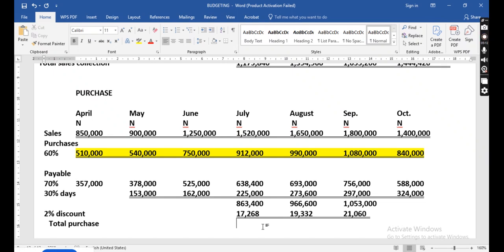Okay, now let's go back to our knowledge of accounting, right? You know, we have discount allowed and discount received, right? Discount allowed is granted to a customer. Is that not so? Then discount received is for a supplier, right? That when you purchase goods on credit, when you buy goods in large quantity, right? When you purchase goods in large quantity, that is cash, right? I'm talking about the cash price.